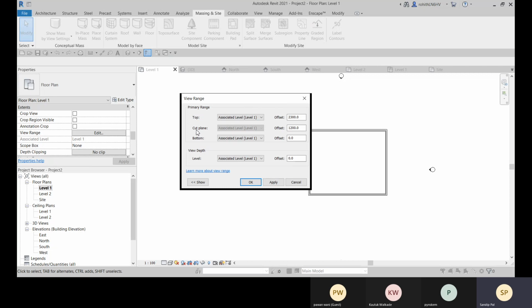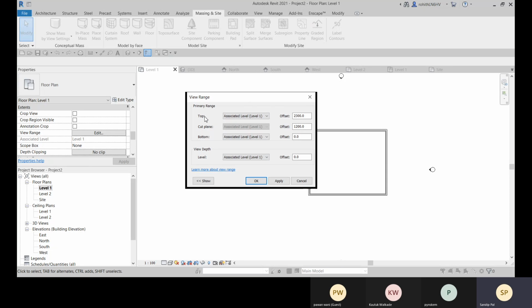These three are the primary range. These three will define the primary range that will be visible in this level 2. These planes are basically for all the elements which are present in this level 2. Now you can see that the bottom is associated with the level 1 and the offset is 0.